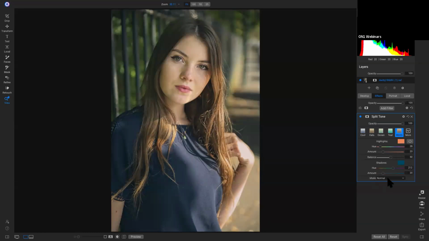But I'm actually going to head down to my mode here. And to take off that kind of faded look, I'm going to go down here to lighten. So I have this sort of, well, I didn't remove the faded. We'll click on color. There we go. So I've removed that faded look by hitting color instead of normal. So now you can see it's really toning down these highlights in her face. If I turn this off and on here, it's bringing in sort of a coolness to the shot that we didn't have before. So now if we hit the backslash key on our keyboard,